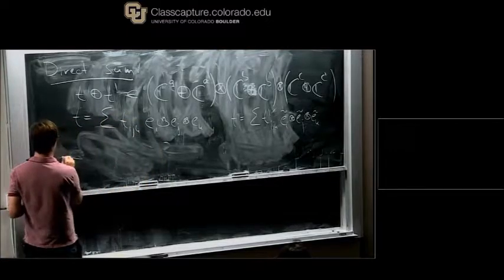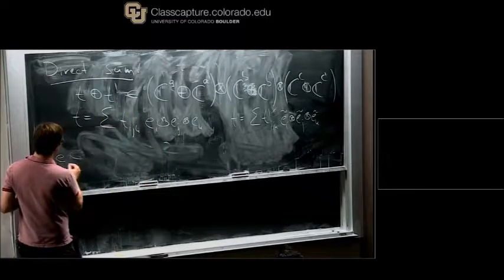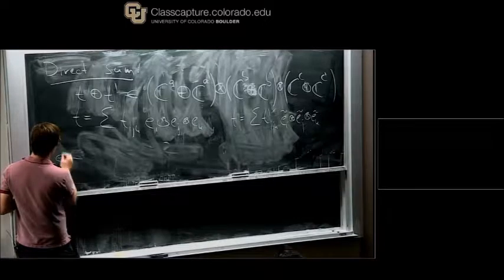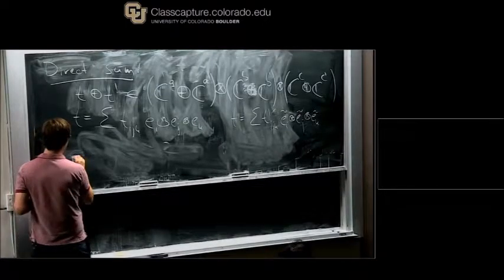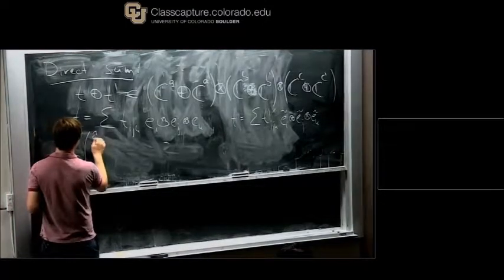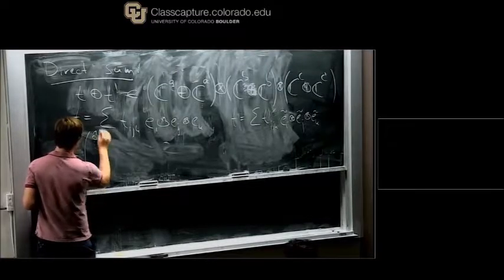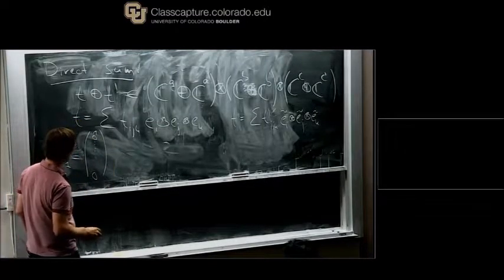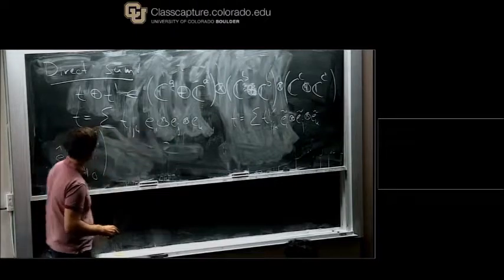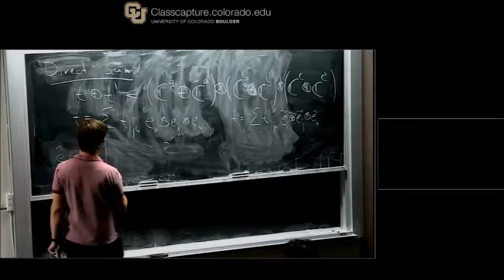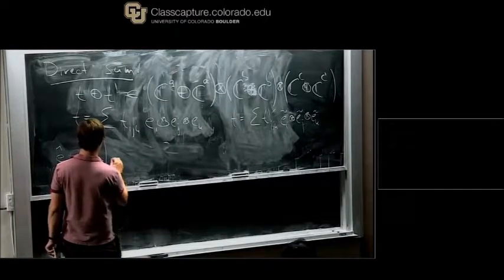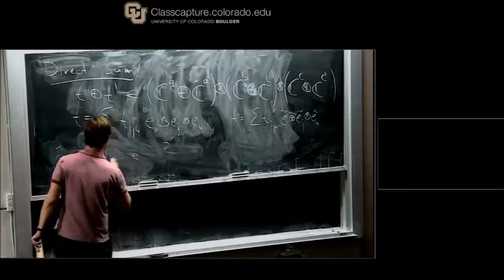So maybe we do that. It's like E1 hat. That's now my new basis, right? That's 1 and all the zeros all the way down. So that's the same as E1 hat, and then I go all the way to